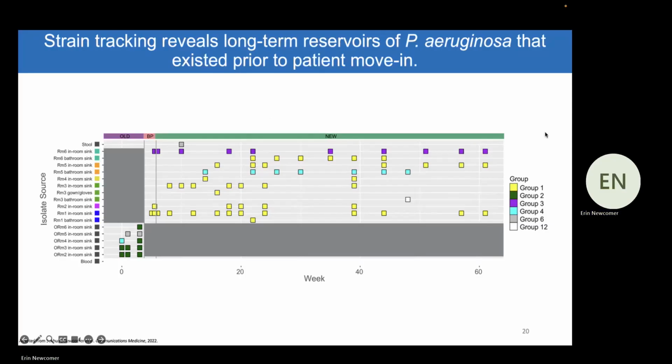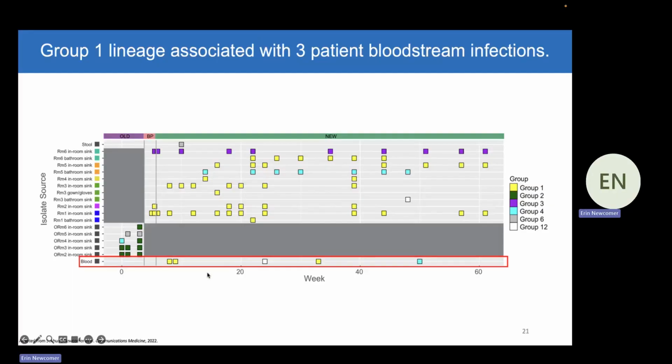as the year progressed. This is really interesting because a lot of our theorizing is that these organisms are initially seeded from patients. So it's really interesting that this showed up before patient and staff move in. In addition, I would also like to point out down here where these different strain groups may have shown up in patient clinical specimens. We found this group 1 of Pseudomonas aeruginosa showed up in 3 separate patient bloodstream infections. These occurred after this lineage was seen in the sink drains, so it is plausible that these isolates could have transmitted from the sink drains to the patients